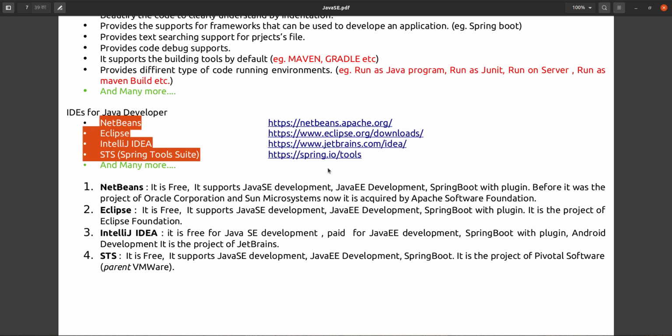There is no difference in that one, but we will use STS only. You can run the same code in NetBeans also, because there is no major change in the UI. The running way, building way, creating the objects, all are the same for all the IDEs, but we will use STS only.